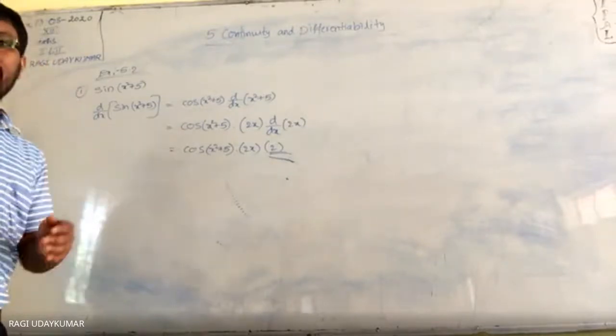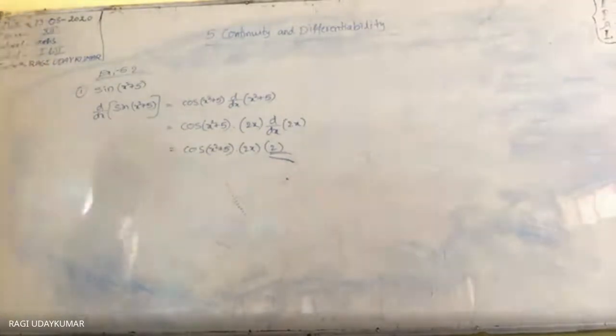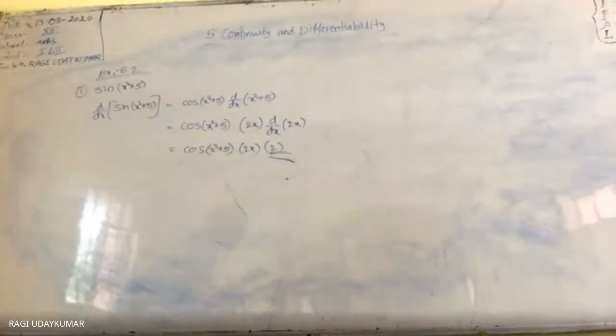So actually this can also be solved in another method, which is normally a little bit lengthy. In that method, you have to consider x square plus y is equal to t. You need to consider x square plus y is equal to t, and that t you have to differentiate with respect to t, and like that the process will be continued here.